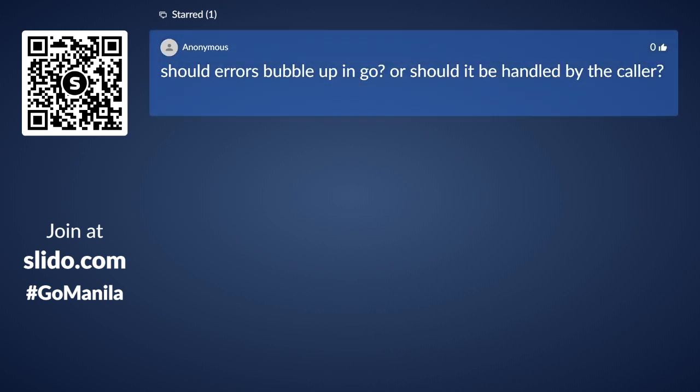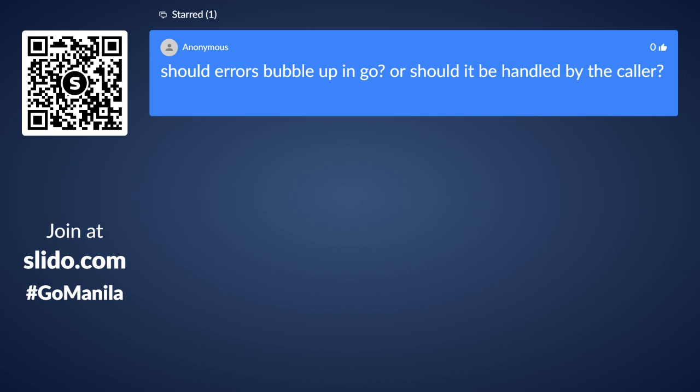Not sure what you mean by bubble up because, in reality, because of the way errors are handled in Go, they don't exactly bubble up. They expect to be handled at the point where the error is detected.